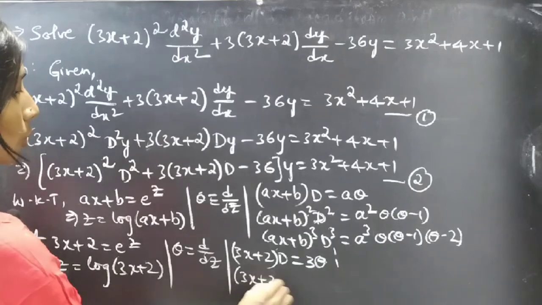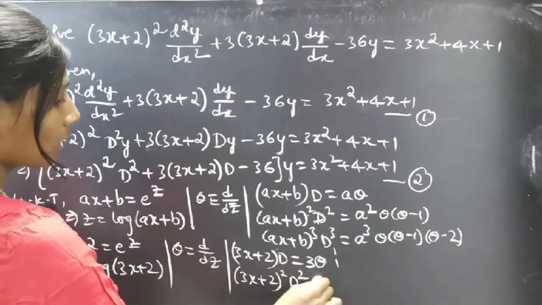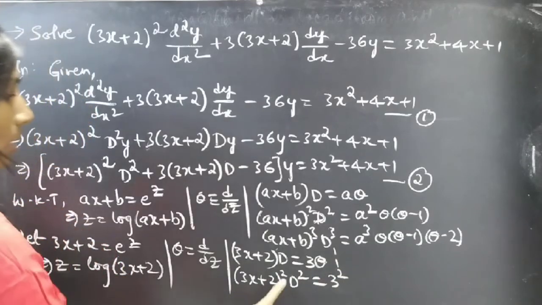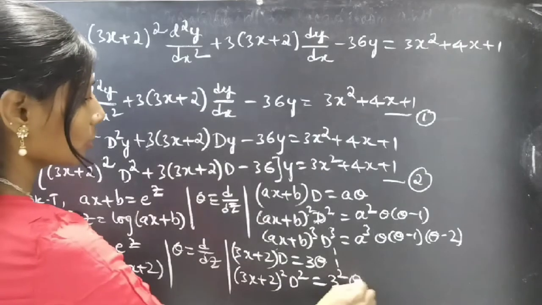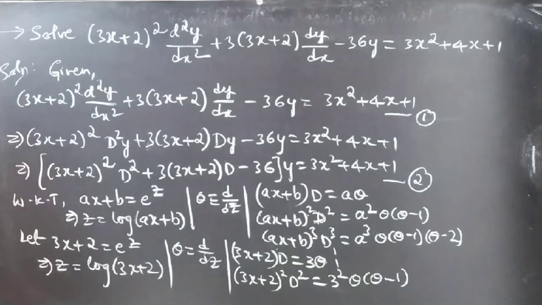And (3x+2)² D² can be replaced by 3² into, since it is square, we'll get theta(theta−1). Okay. Now the equation 2 becomes